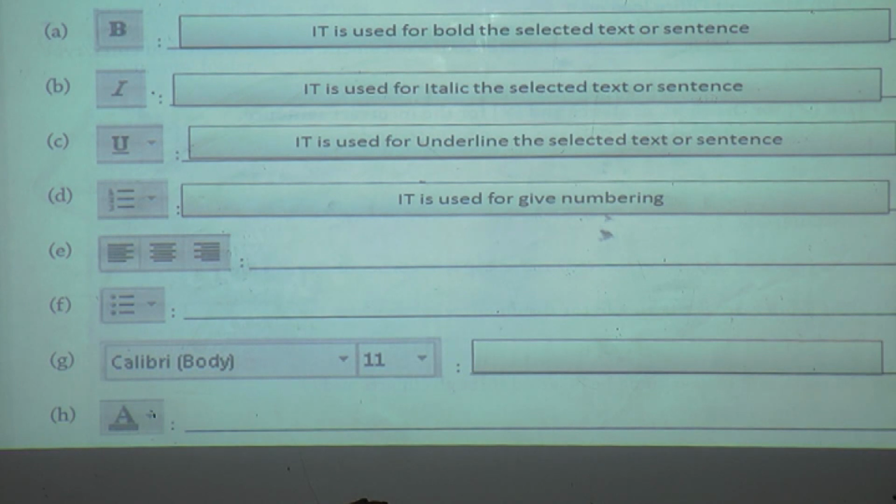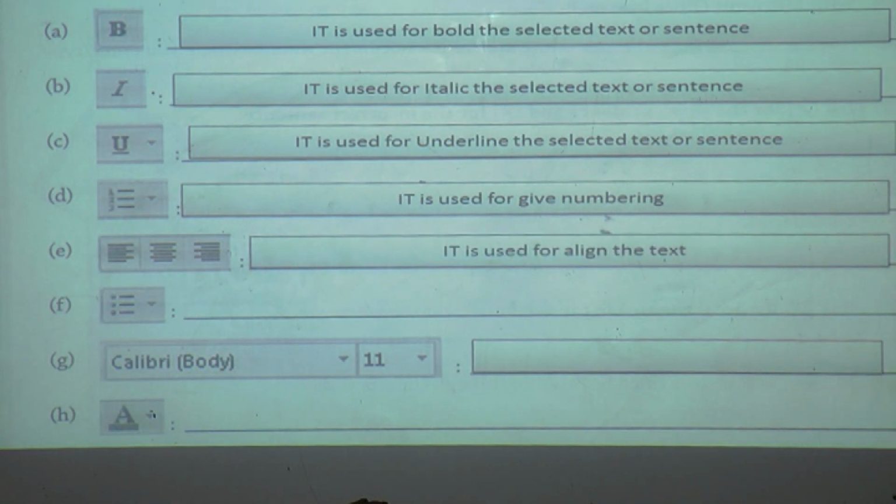It is used for give the numbering. Now next one is used for align the text. Means by using that we can change the alignment of the text. We can do left alignment, right alignment and center alignment also.